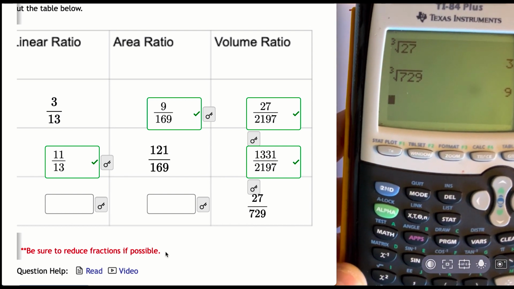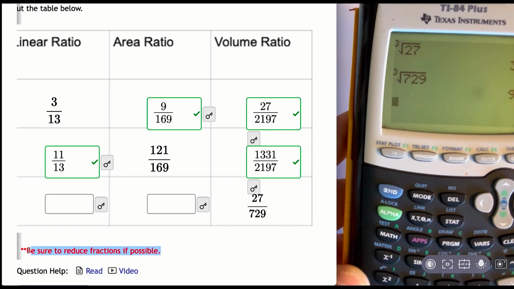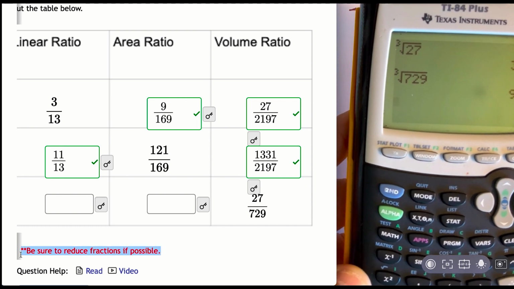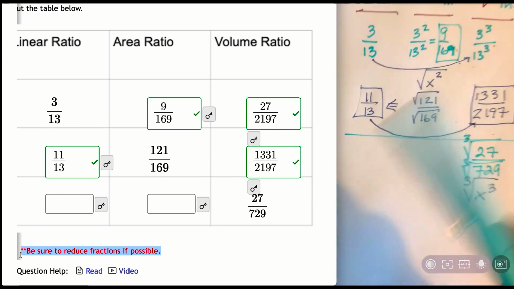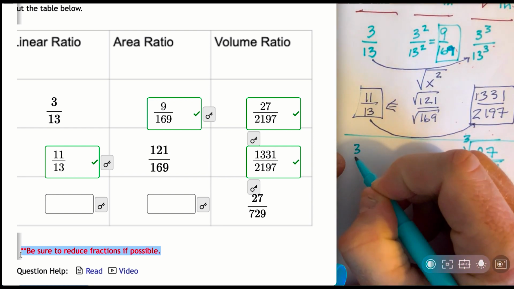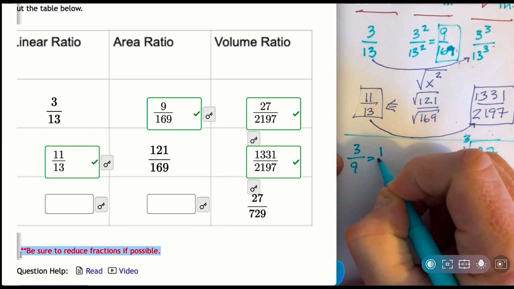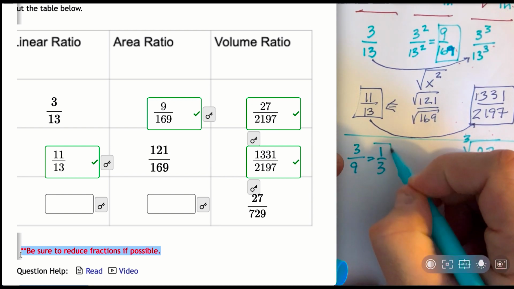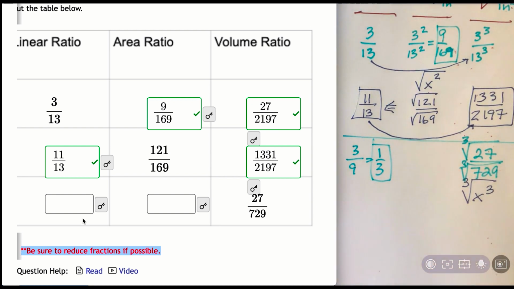It does say in the directions here though, however, if I've got 3 over 9, I need to reduce that fraction. 3 over 9 reduces down to what? 3 over 9 reduces down to 1/3. Okay? Now, what I want to do next with you is show you how you could use the graphing calculator,